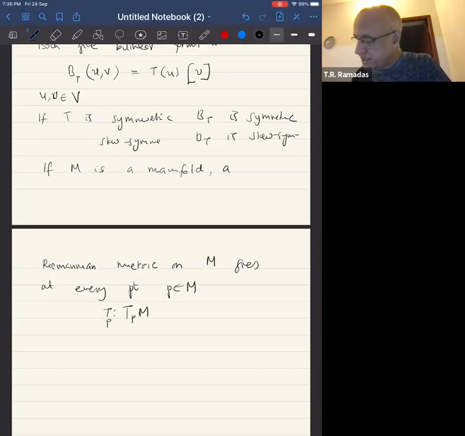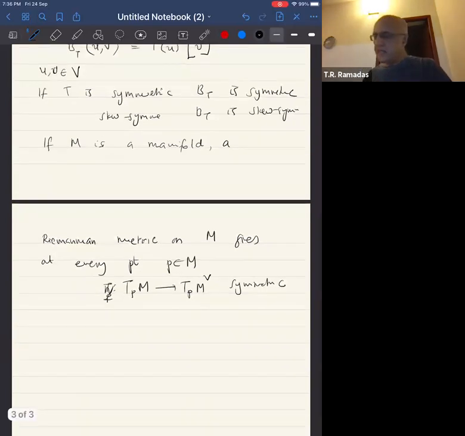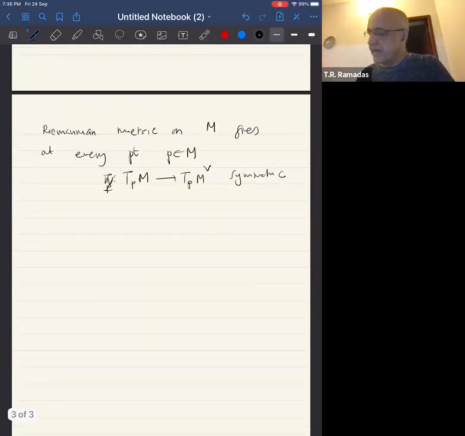T is a bad notation. And this is symmetric. So this we are familiar with, but you can also give yourself a skew symmetric map from TPM to TPM dual